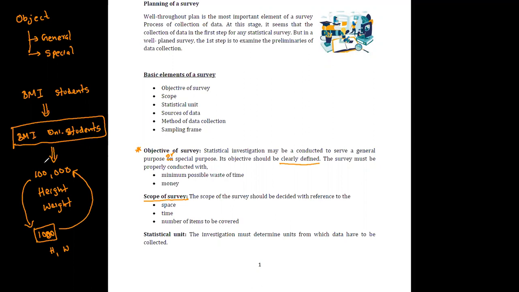Using a proper technique, you have to limit the observations that you are going to take. It may also be because of the space that you have. Simply think about conducting a survey on the yield of tomatoes. Suppose you are doing an experiment to find out the effect of a chemical or a vitamin on the yield of some tomatoes.